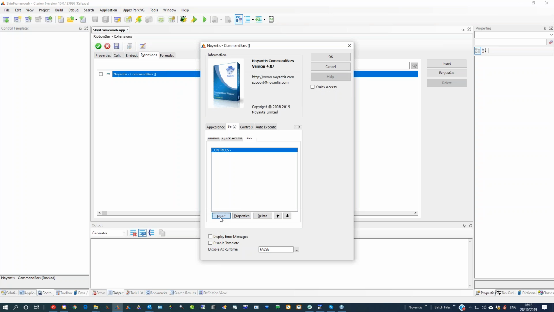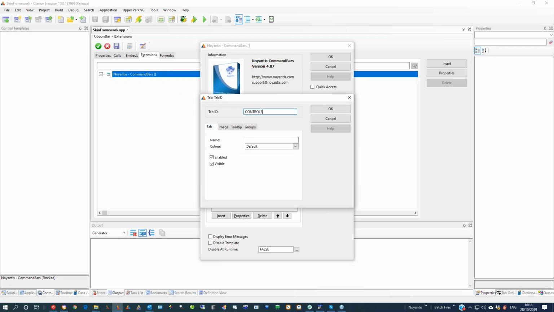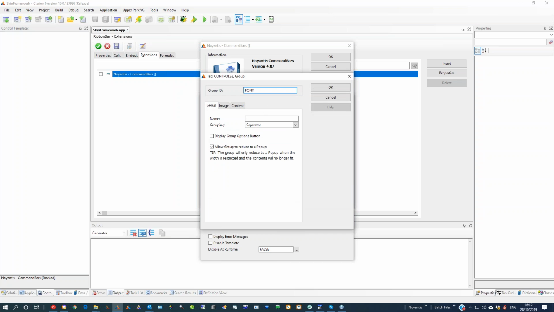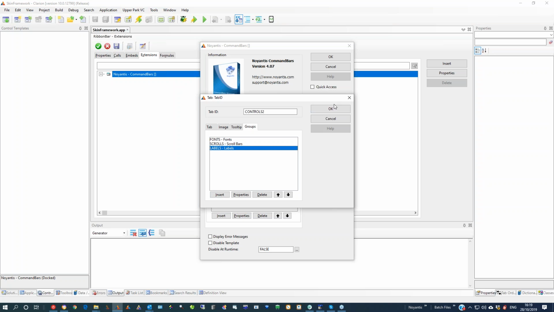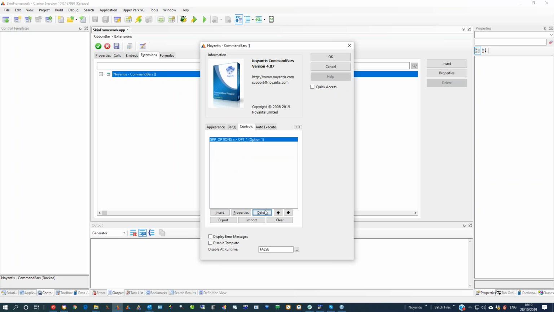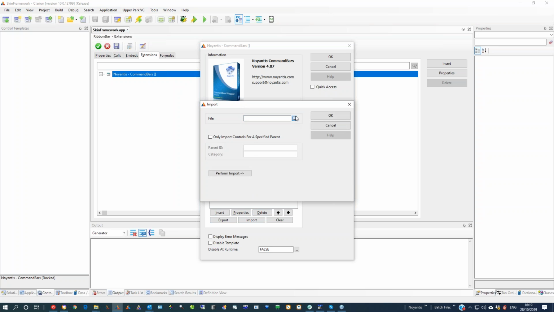We also had some more, so I'll have controls 2, which had fonts, scrolls, labels, and last but not least, hyperlinks. You know, that's enough. We get the idea. So now I can import the XML from our other application,